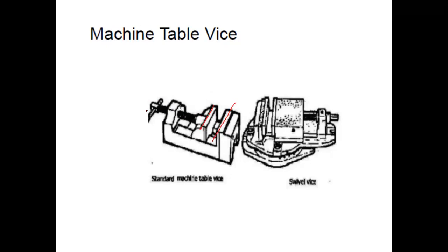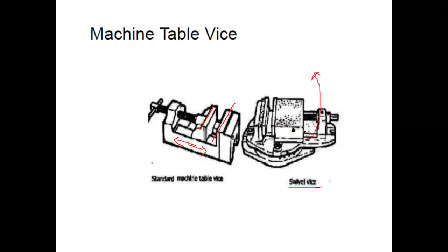This one is movable by rotating the bolt in one direction, so this will move in this direction. When it moves in this direction, you have a big space. You insert your workpiece, and again you need to tighten it. You move it in the other direction so that the jaw comes forward and holds the workpiece. These are the simple vices. Among vices, there is the standard vise which is fixed directly on the table with no motion, and there is also a swivel vise available. In that, you can rotate the vise through a particular angle.